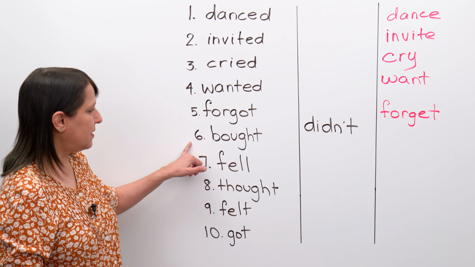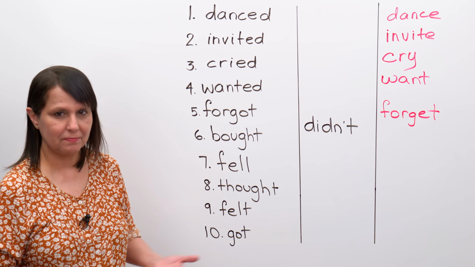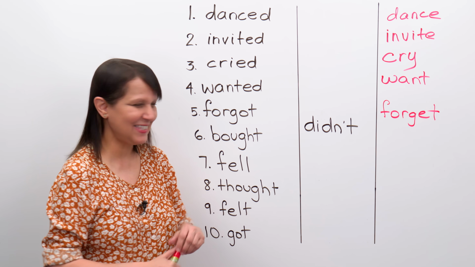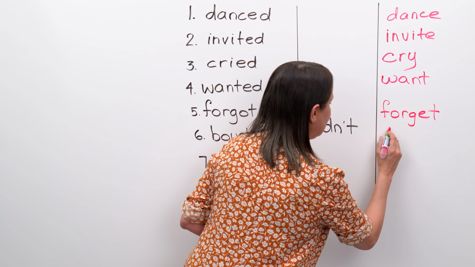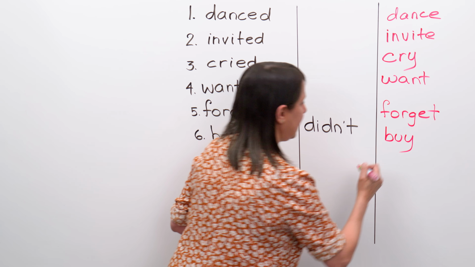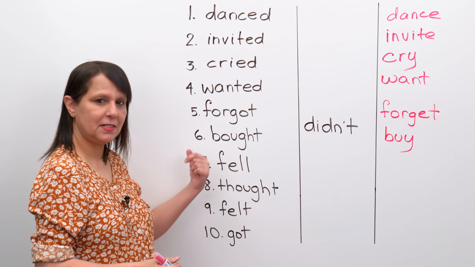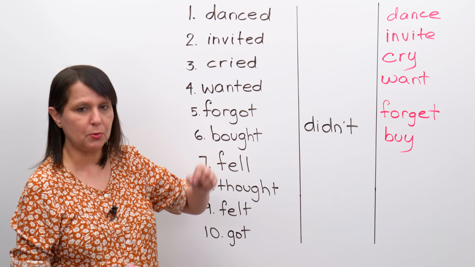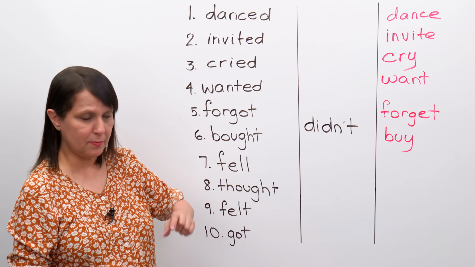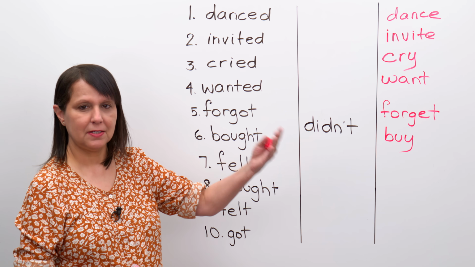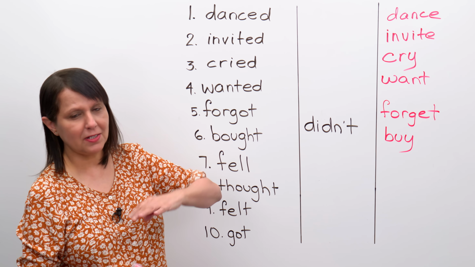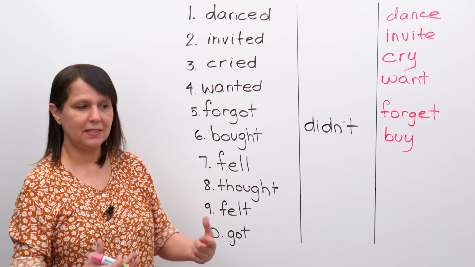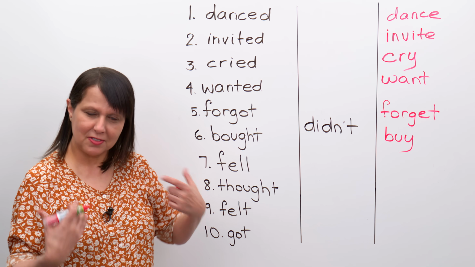Next, they bought a house. Negative. They didn't. Yes. What's the base form? They didn't buy. Okay? They bought, they didn't buy. So you can just do that even if you go through a grammar book, right? Look at the past tense forms. Say the negative. They bought, they didn't buy. They forgot, they didn't forget. Like that. And when you can do that easily, then it will come to you easily when you're speaking.